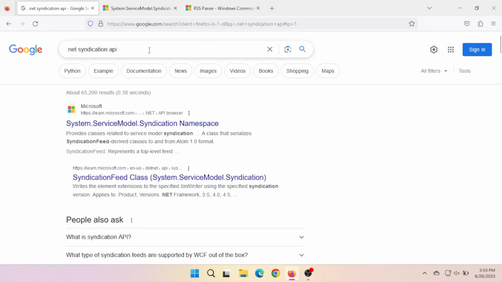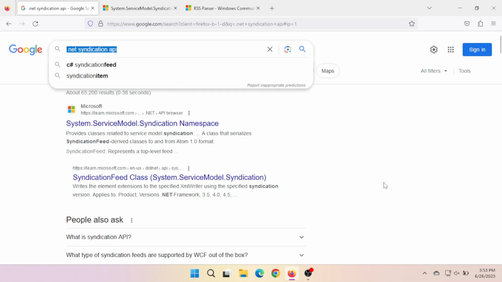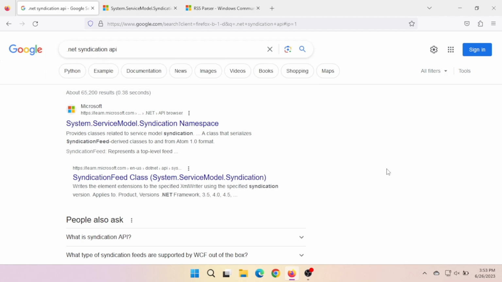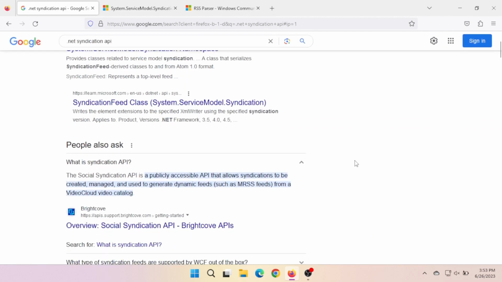The other day, I went in search of a class or API that was already available to access RSS feeds within a .NET program on Microsoft Windows. I was quite sure that something like that existed. So I searched for it, and I found that indeed there was an RSS toolkit,